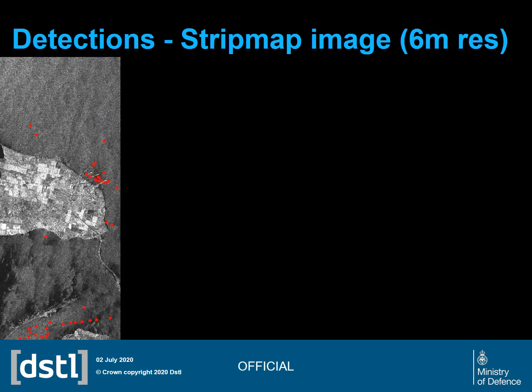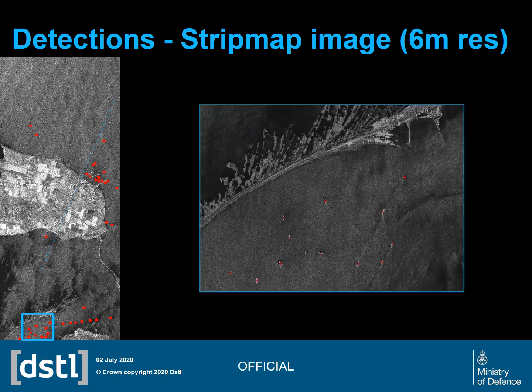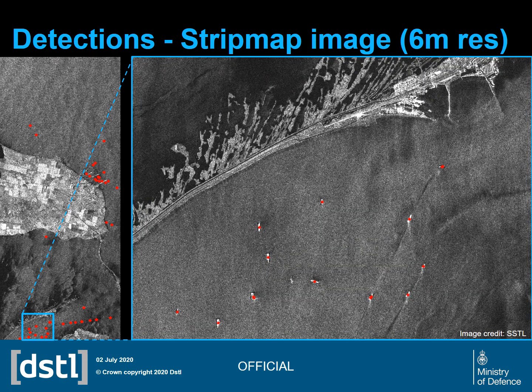Here you can see the detections for a 6 meter resolution Stripmap image. The red markers indicate detections, and it can be seen that there are many detections in littoral regions due to an effective landmask being applied. If we zoom in on the bottom left, you can start to see individual detections with red markers defining